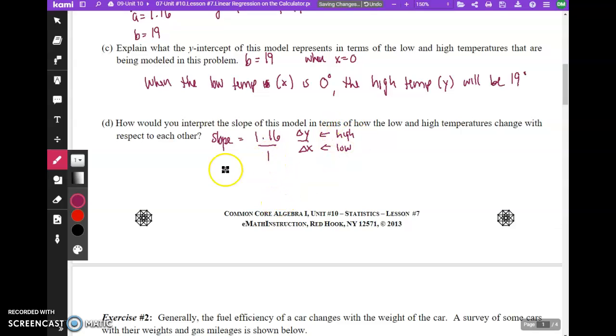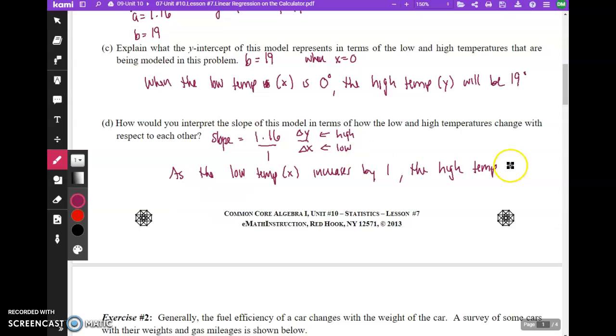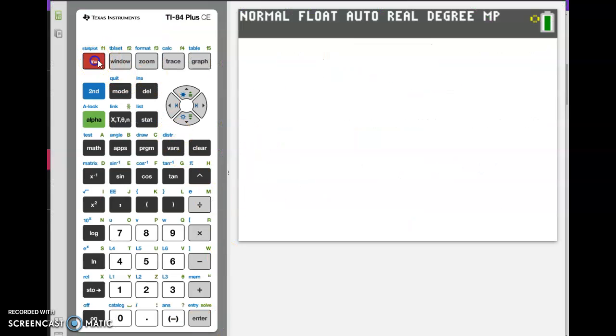So as the low temperatures increase by 1, which is the x, what does the high temperature do? Well, it's going to increase by 1.16. Which is y will increase by 1.16. All right, so if we go to our calculator here, if I go to y equals and put in my equation 1.16x plus 19 and graph that,